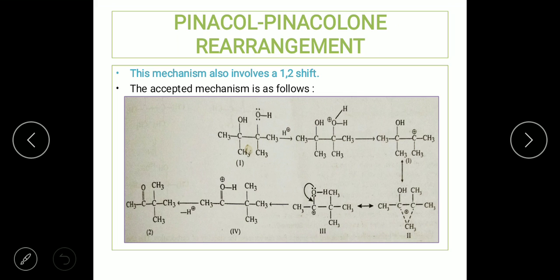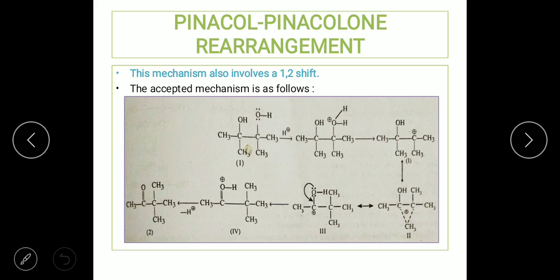Again, since there is a positive charge, it has to be removed. How is that possible? Look at the oxygen atom. Oxygen atoms, we know, have 2 lone pairs on them. One of the lone pairs gives rise to the formation of a double bond between the carbon and oxygen, and it forms an intermediate of this kind. Again here you can see that oxygen has formed 3 bonds and has a positive charge. The last step is the removal of the proton, minus H plus, and it gives rise to the ketone, that is nothing but the pinacolone.